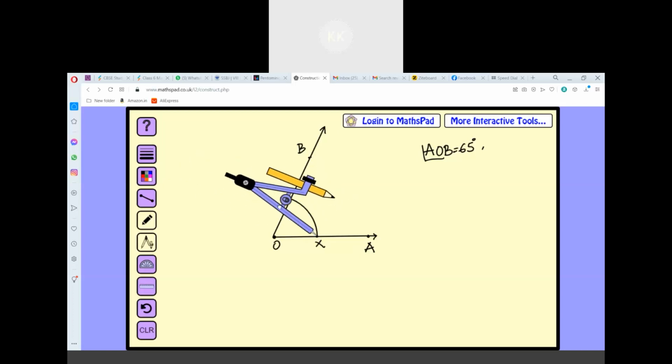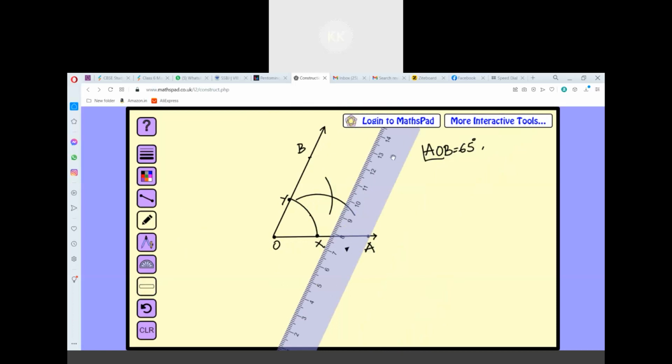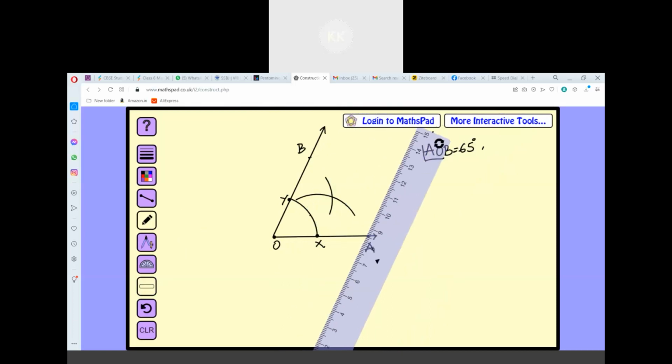Let me consider this. This is more than half the arc length, isn't it? You can see here, somewhere here it is half. This is more than half. So you have to cut arc. So let me cut arc in this way. Now I will place the compass at Y and once again I would like to cut the arc. Now I got the point of intersection. This point of intersection should be joined with our O.